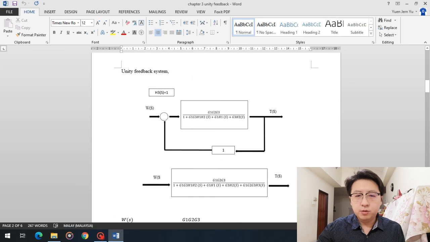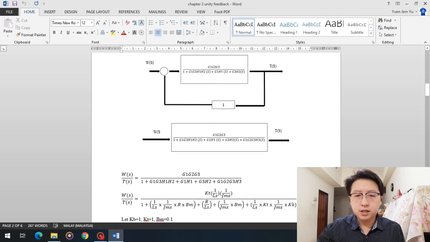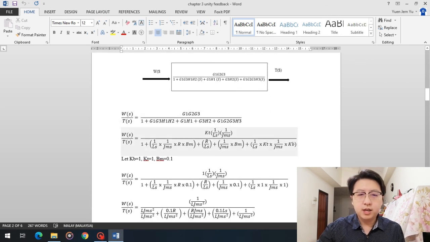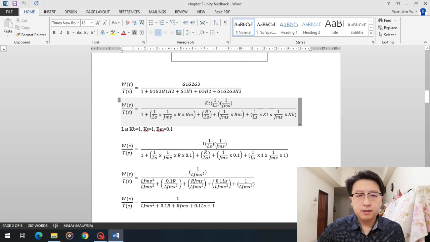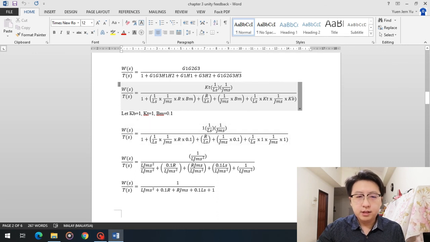And then we'll get this transfer function. After this, we can substitute all the values needed in the transfer function, but we let kb equals 1, kt equals 1, and bm equals 0.1. These are all coefficients that we can cross-check on the internet, and then after that we'll get this transfer function